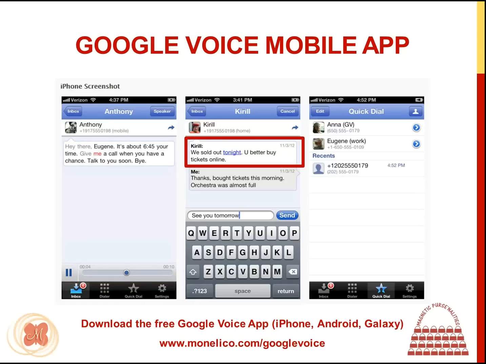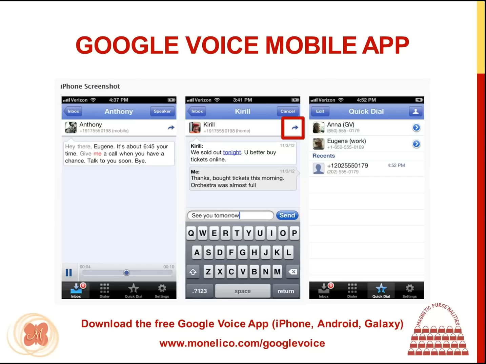Another option is, like I said, when you text someone, you can receive a text. If you click on the text, it'll open up the text. You can write them right back there and text them from the app. So that's nice. If you ever want to get more information about a contact, you can click on that arrow there, and it will allow you to text them, call them, add them to your contacts, or add them to